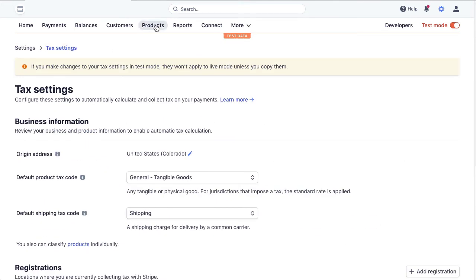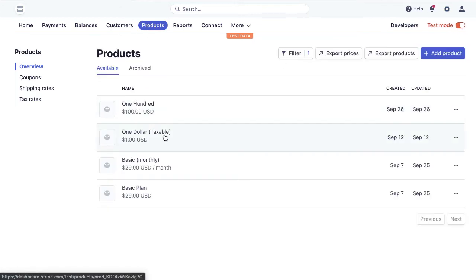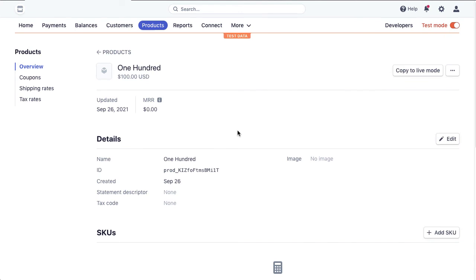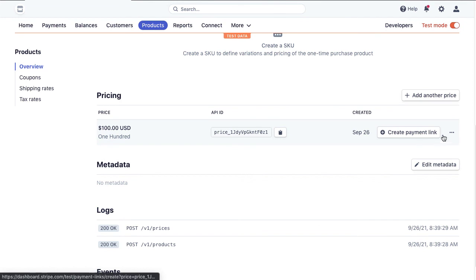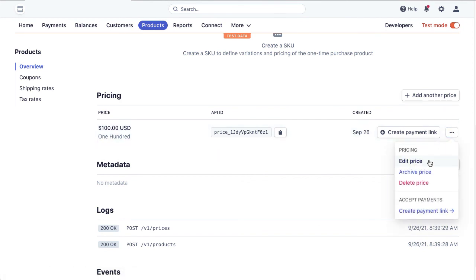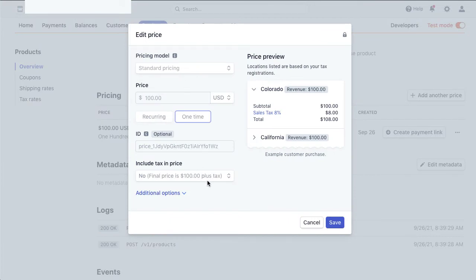And then the other thing you have to do is go onto the product itself. I'm selling this $100 pricing plan. And so this is the product up here. And the way Stripe is set up is a product has a price. So you want to scroll down here to the pricing, and you have to actually update it here. So click these 3 dots right here and click edit price. And Stripe will ask you,